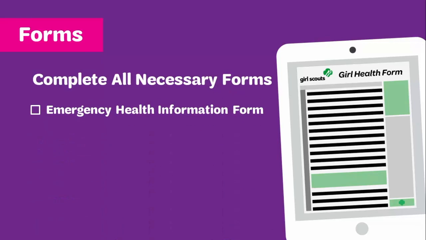Getting all necessary forms completed at this meeting will save you time in tracking them down later. You can get troop copies of each form by either printing them from the website in the Forms and Documents section, picking them up at your leaders meeting, or calling our customer care team and having your forms mailed to you. The list of forms we recommend that you complete at the parent-guardian meeting are the Emergency Health Information Form